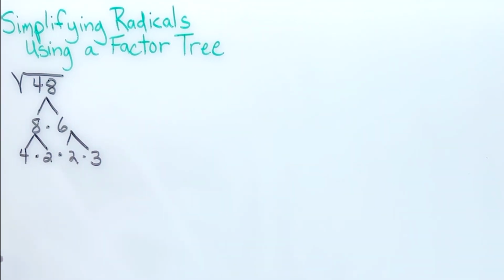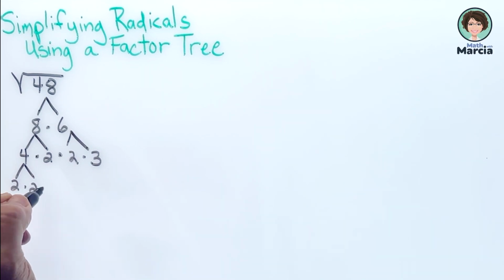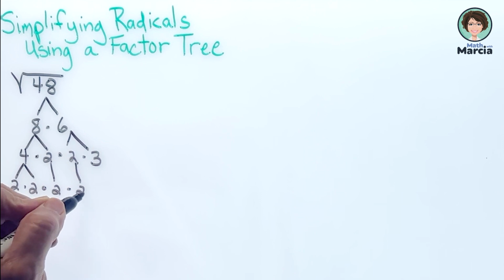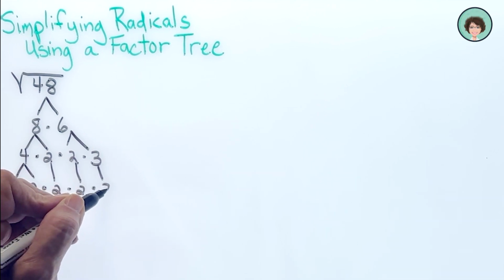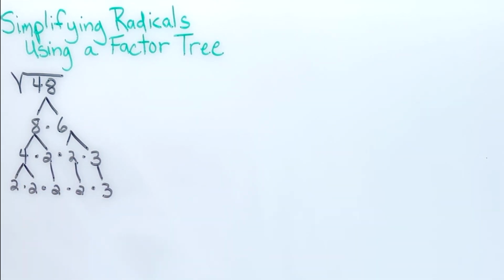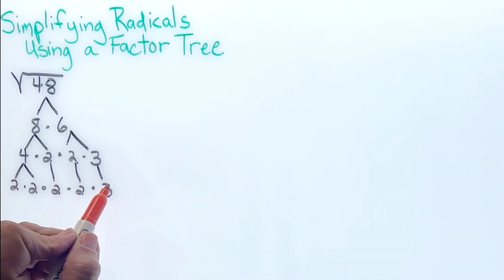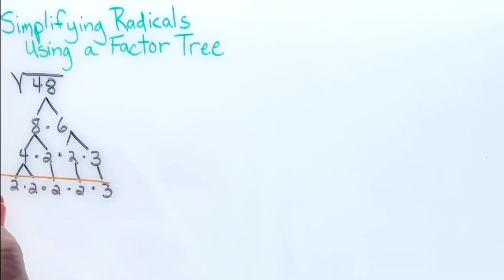Again, I'm not done because I see I have my 4 and the rest are prime numbers. So I am going to break the 4 into 2 times 2. And then I am bringing straight down the rest of my prime numbers that are there. So knowing that all of the numbers on the last line are prime, I can now circle my pairs because